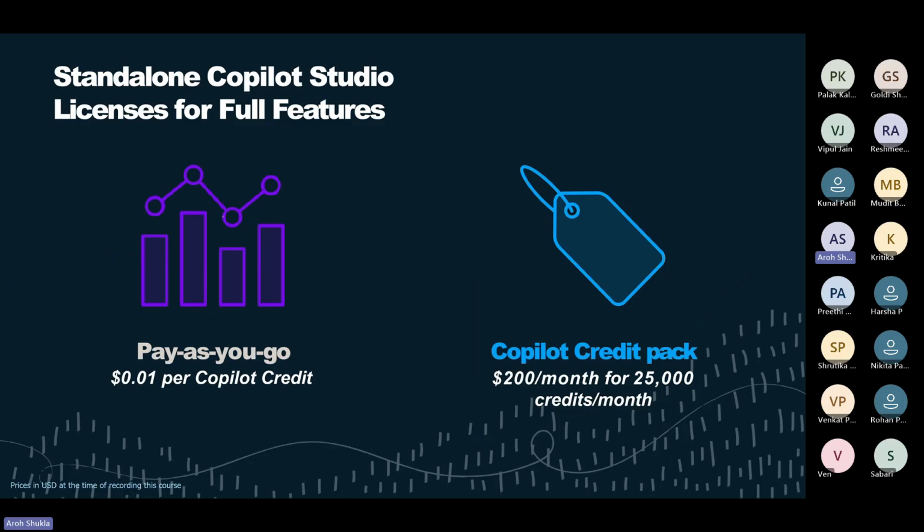And if you want the full feature set which I mentioned to you, you can use Azure pay as you go, and each credit is $0.01 per credit, right? That is less than a dollar. It is very cheap. So it depends on the licensing you're going for. Depends how you go, but I've worked with many organizations, and pay as you go is slightly more simplified.